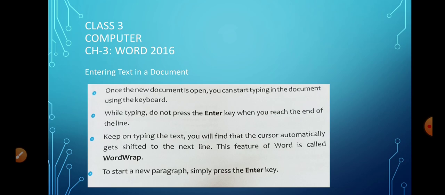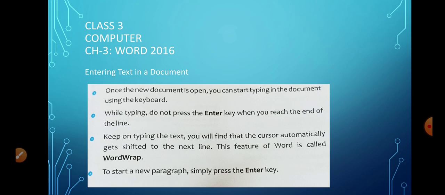While typing, you can type without stopping. When you write in your copy, after reaching the edge of the page, you lift your hand or your pen and bring it to the next line below.